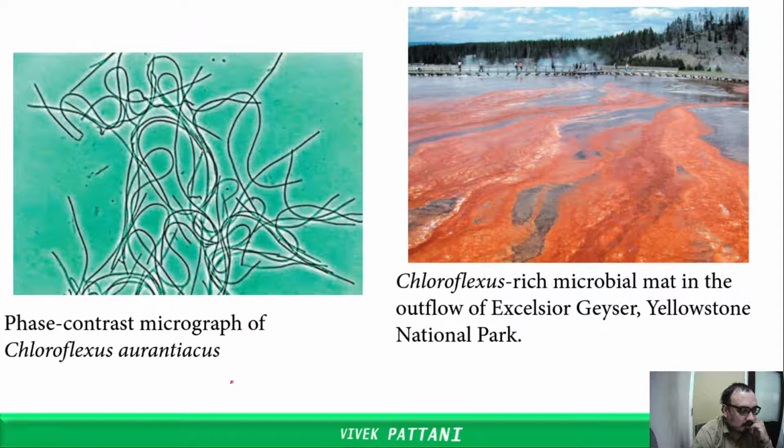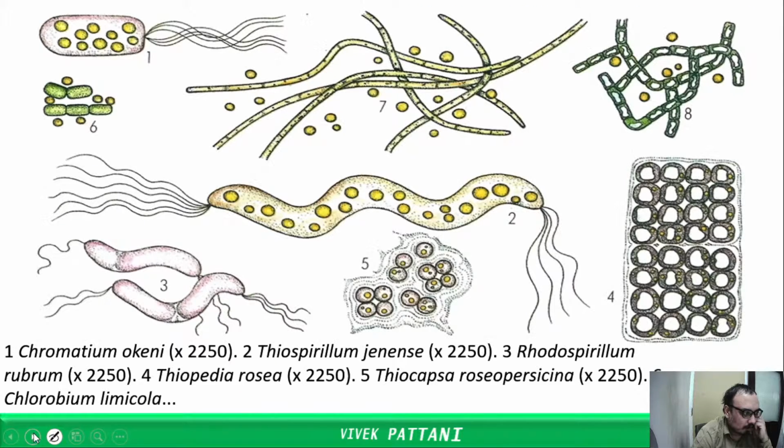Next one is a phase contrast micrograph of Chloroflexus aurantiacus, and this one is again Chloroflexus, a rich microbial mat in the Yellowstone National Park. And these are also other bacteria, which